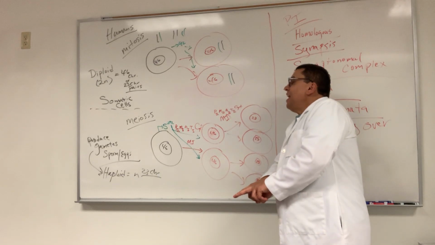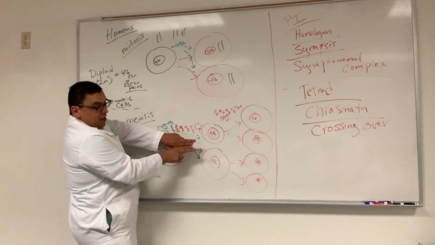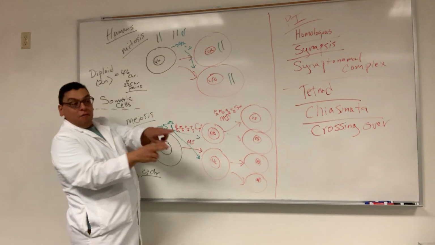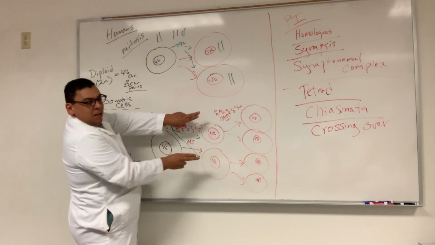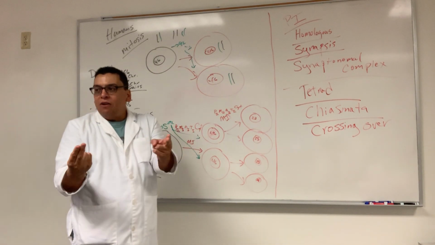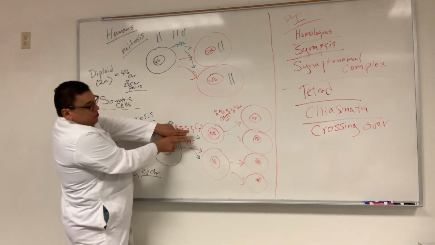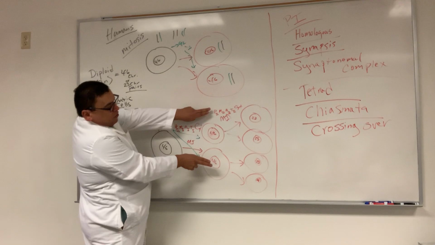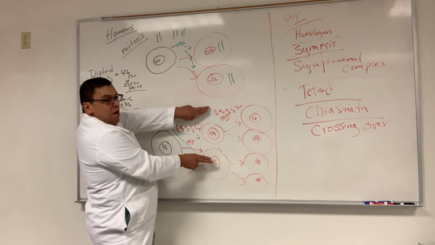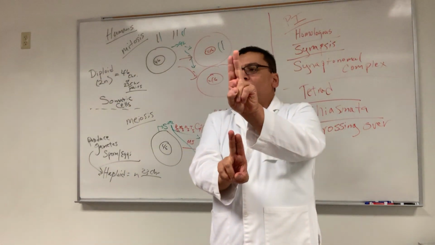Now watch this. In anaphase 1, who's separating? The sisters? Tetrad. The homologous chromosomes. I mean, it's weird that we call them homologous. They're only homologous because they're both chromosome 1s, but they're no longer the same. You know that, right? Because they've shuffled. So look who's separating. In anaphase 1, it's the homologous chromosomes that are separating. Look at metaphase 2. In metaphase 2, it's the homologous chromosomes that are lining up.